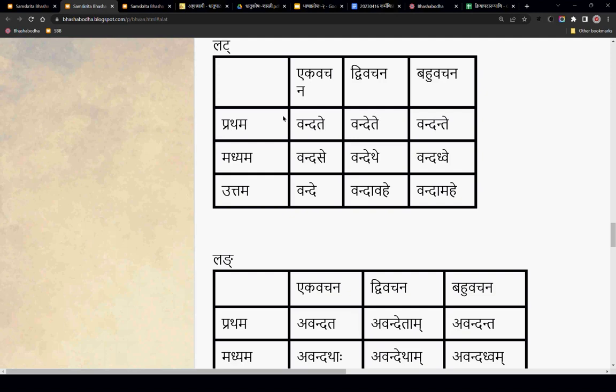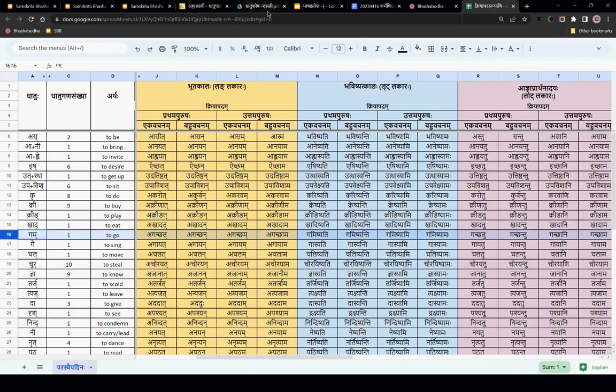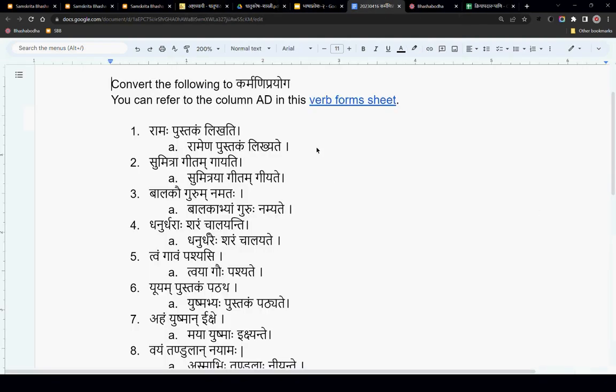That obviously you see the difference here in all the lakaras. So as you see here, te, ante, etc. These kinds of endings, atmanepada pratyayas, will be applicable to whom? To likh plus so on. So when we are using the karmani, and based on the vachana and purusha, that specific pratyaya will be applicable. If you want to use the karmani prayoga in uttama purusha bahuvachana, whatever pratyaya is there, like mahe, will be applied here. But what about the vikarana pratyaya?